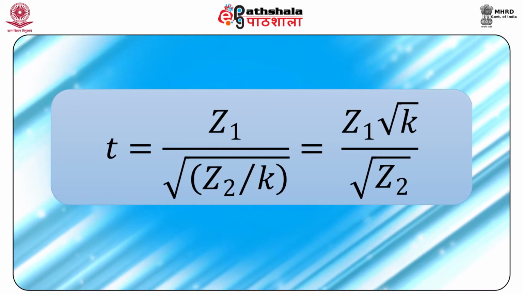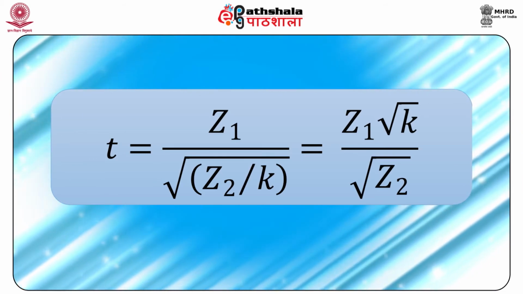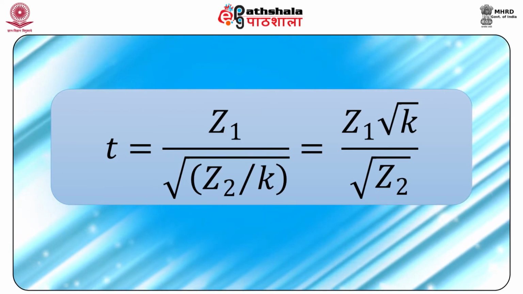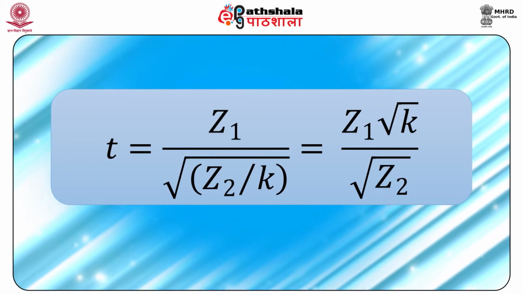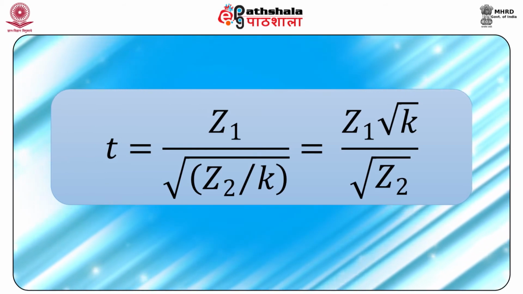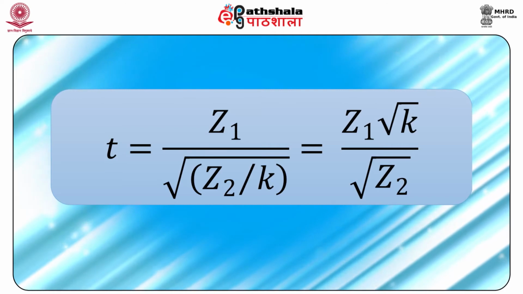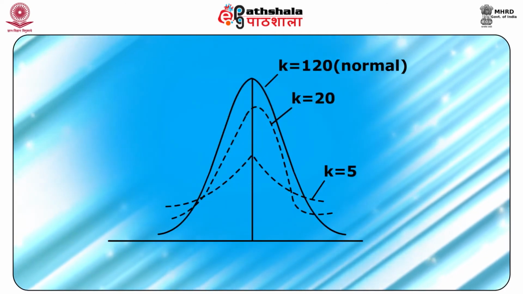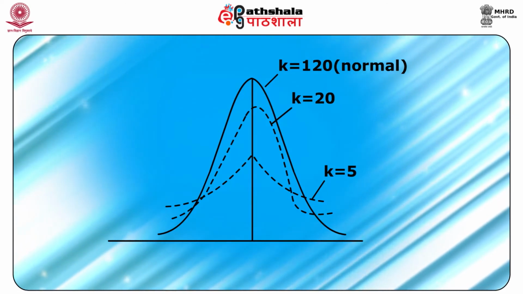Now this is equal to Z1 upon the square root of Z2 upon k. This follows Student's t distribution with k degrees of freedom. It is usually denoted by t_k, where the subscript k denotes the degrees of freedom. And this t distribution is shown in figure 4, where you may again see Student's t distribution for various degrees